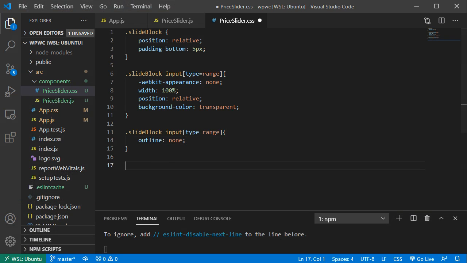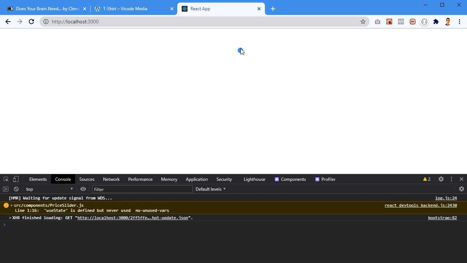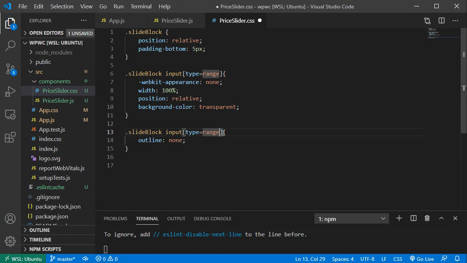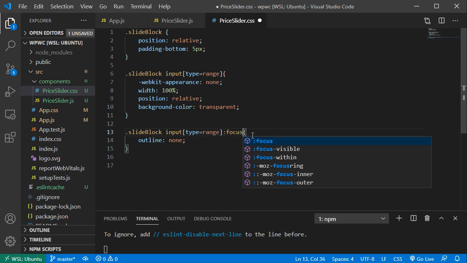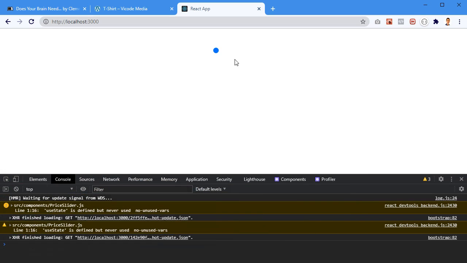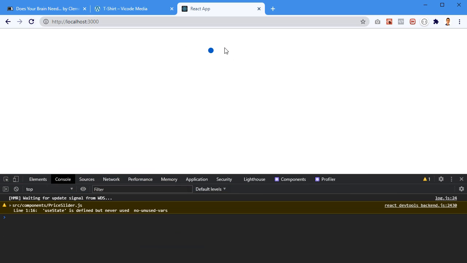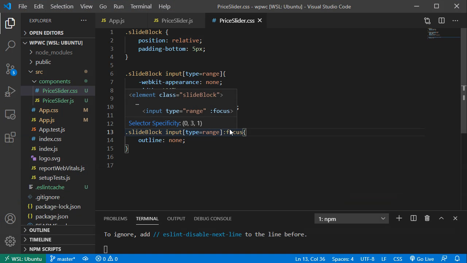Okay, next is the outline. Here we can actually add focus. Let's just add focus so we don't get conflicts or anything like that later on in the app. So let's add focus here, which is gonna work only whenever we click on it. Okay, so it works now. Next thing is to add the